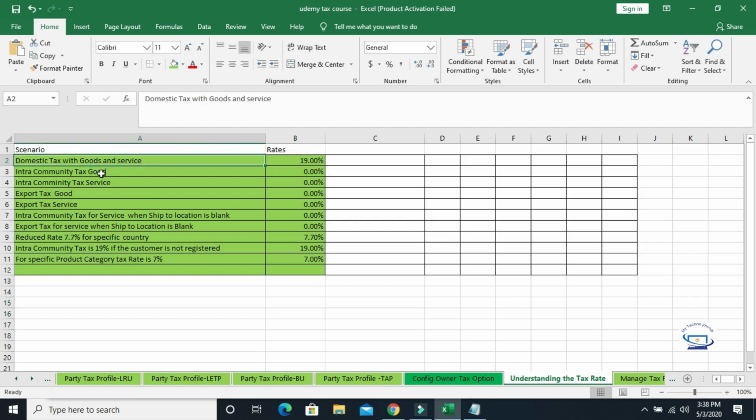So, domestic tax with goods and service. What does it mean? That means when the business is selling to a German customer, like you know, we are creating the tax setup for a legal entity belonging to Germany or a business unit belonging to Germany. So any customer belonging to Germany is purchasing something, or the business is selling something to a German customer.